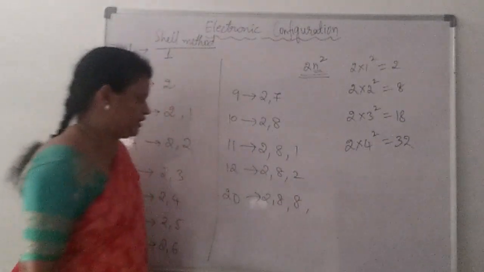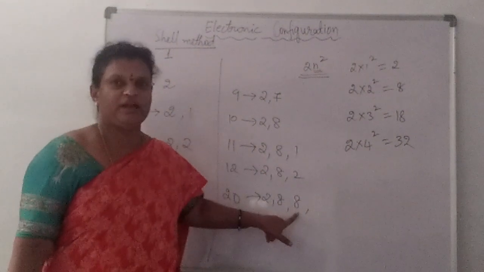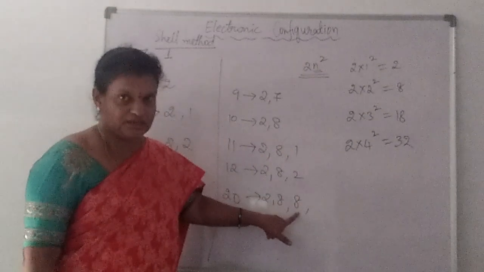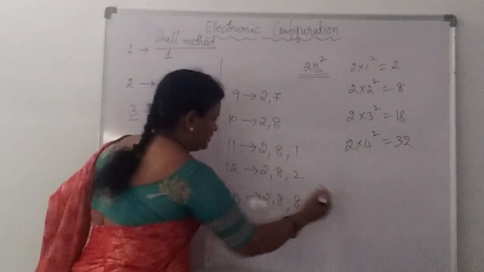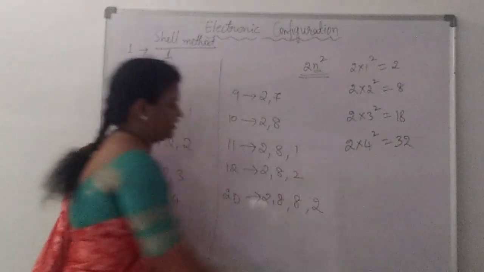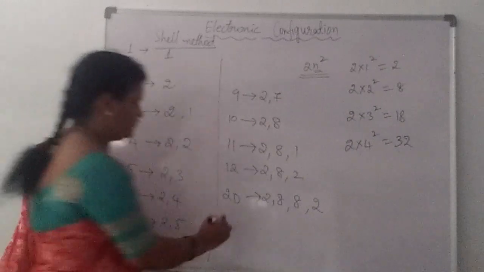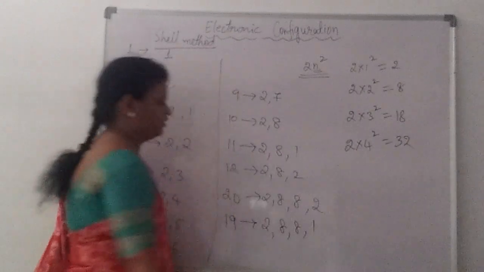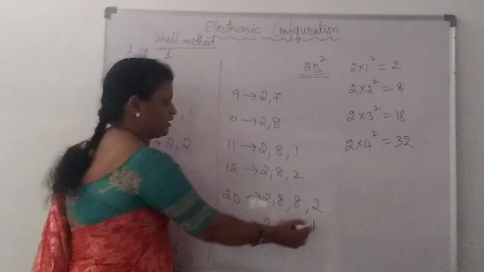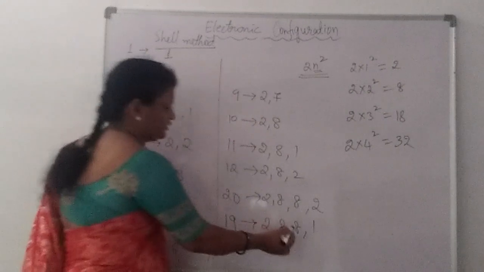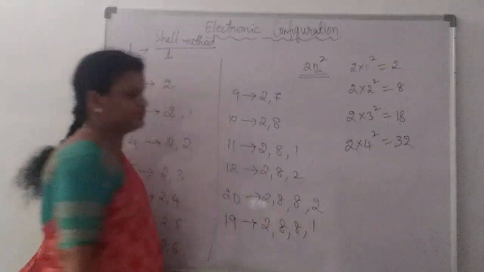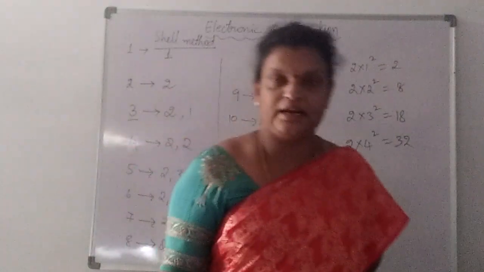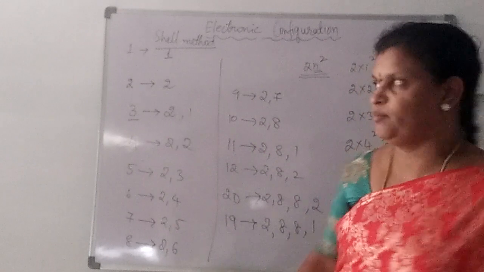Next electron, where will it enter here? Actually the third shell can accommodate 18 electrons, but we are not writing that 18. After 8 electrons are filled in the third shell, the next electron will enter into the fourth shell. So here we write 2 electrons in the fourth shell for atomic number 20. If you come to atomic number 19, we write 2, 8, 8, 1, right? So after the third shell is completed with 8 electrons, the next electron is entering into the fourth shell. Like that we have to continue writing the electronic configuration of an element with the help of the shell method,